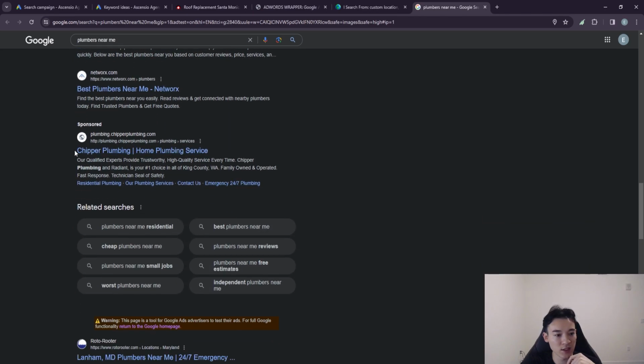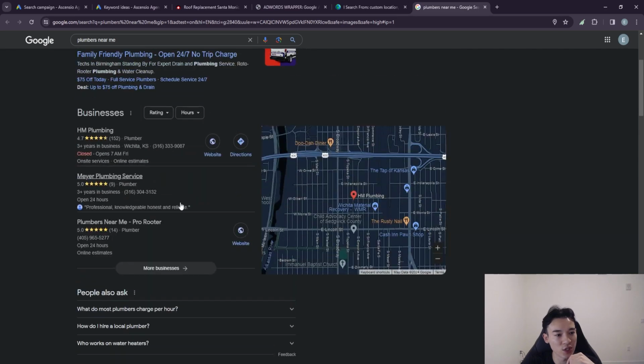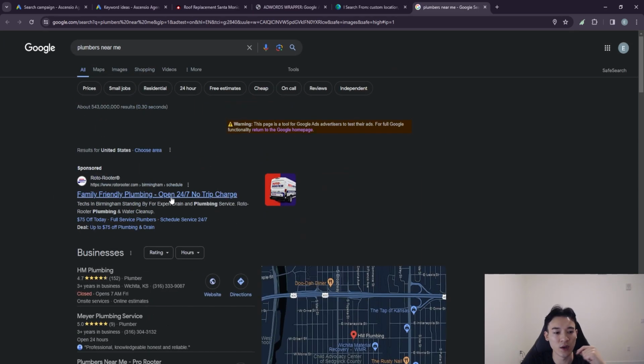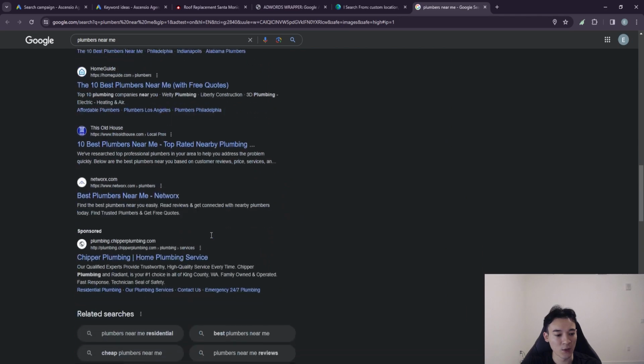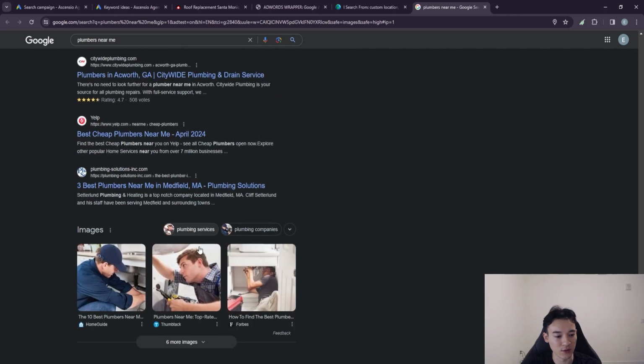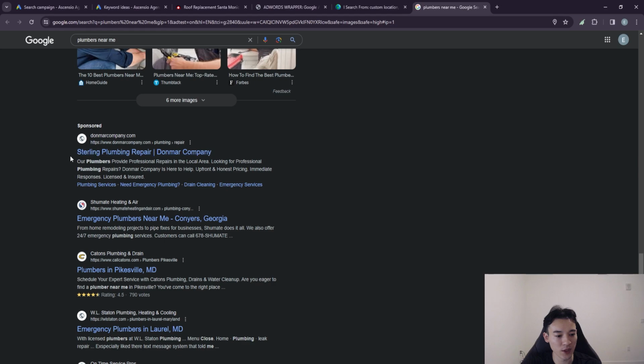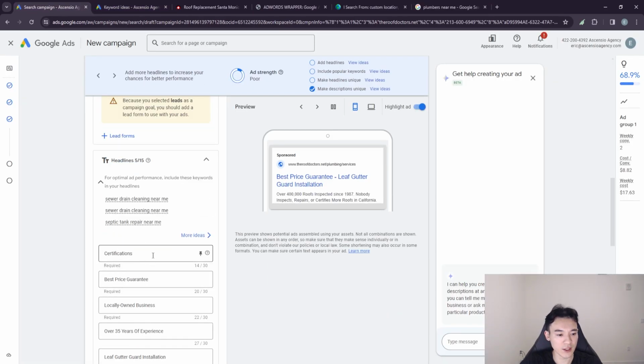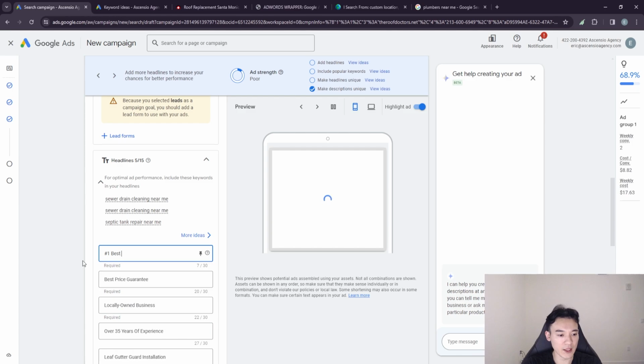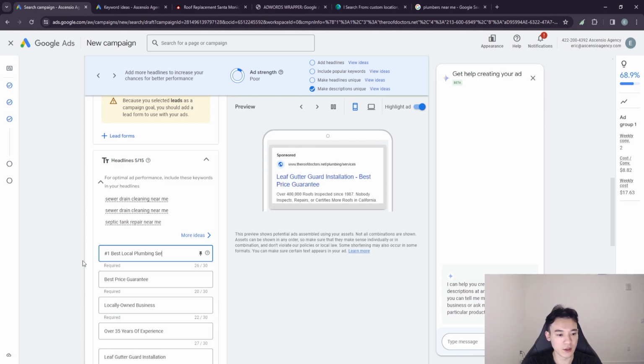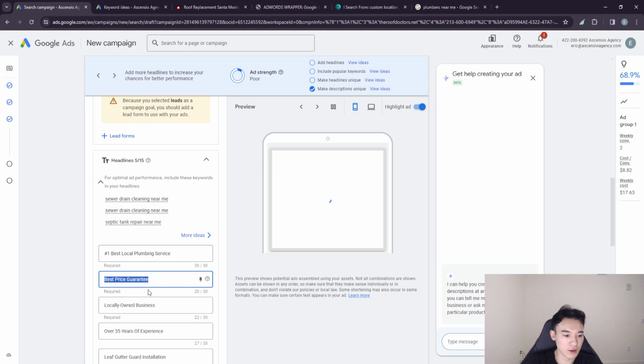As we can see, they say Chipper Plumbing, home plumbing service, very generic. And we can see Family Friend Plumbing, very generic as well. We want to make sure that we stand out from our competition, right? And Sterling Dollar Company, very generic as well. So based on this, the companies running a marketing agency with them obviously have no idea what they're doing. What we want to do is position ourselves as the #1 best local plumbing service. You could also say best price guaranteed